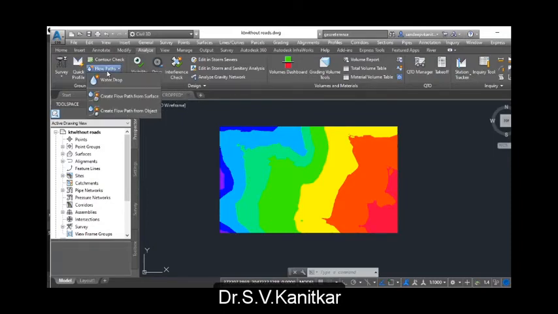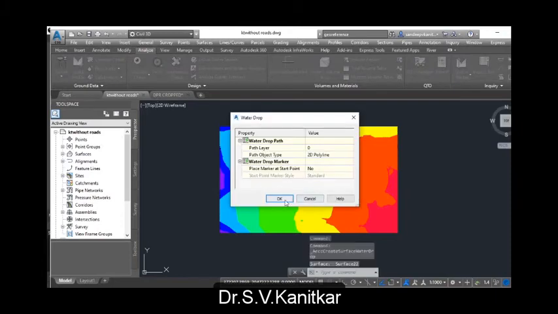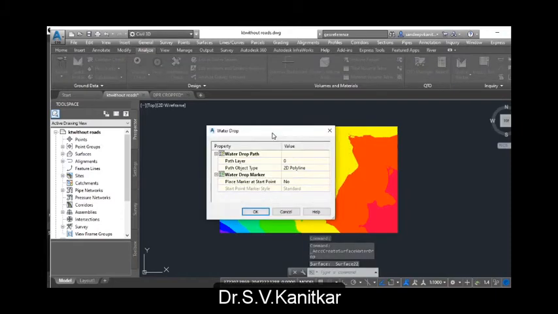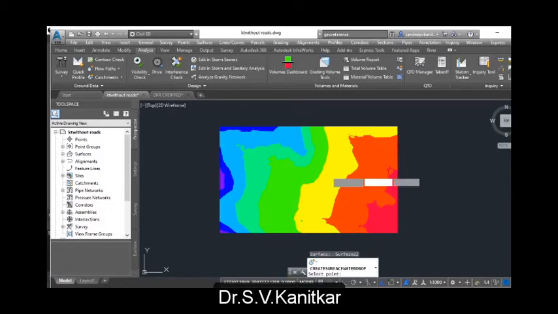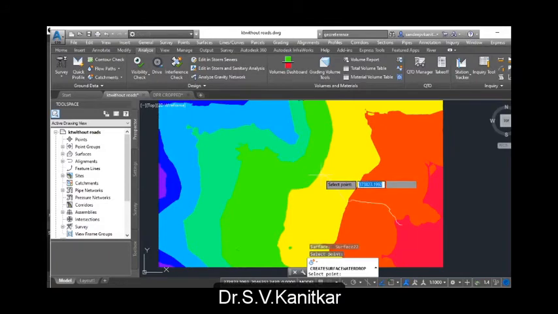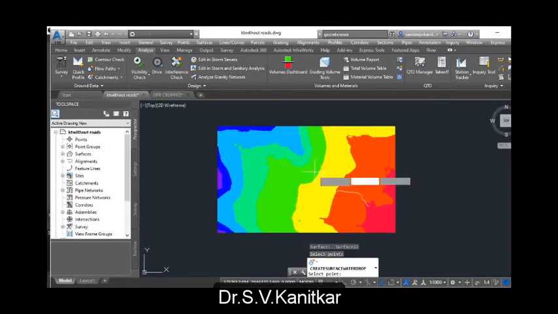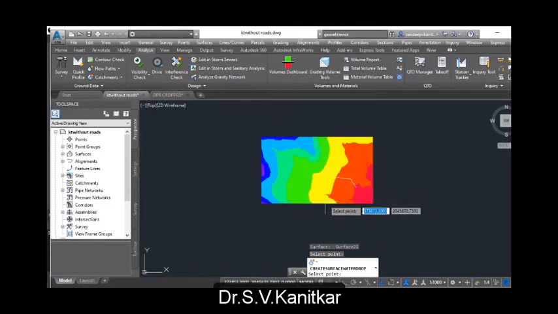I will just demonstrate this water drop analysis so that you know how water is going to flow, and it will generate a stream in fact. When I drop water, it indicates an outlet point. So let us say I drop it somewhere here. You can see as I drop over there, it generates a stream here. Let us drop it somewhere here as well.